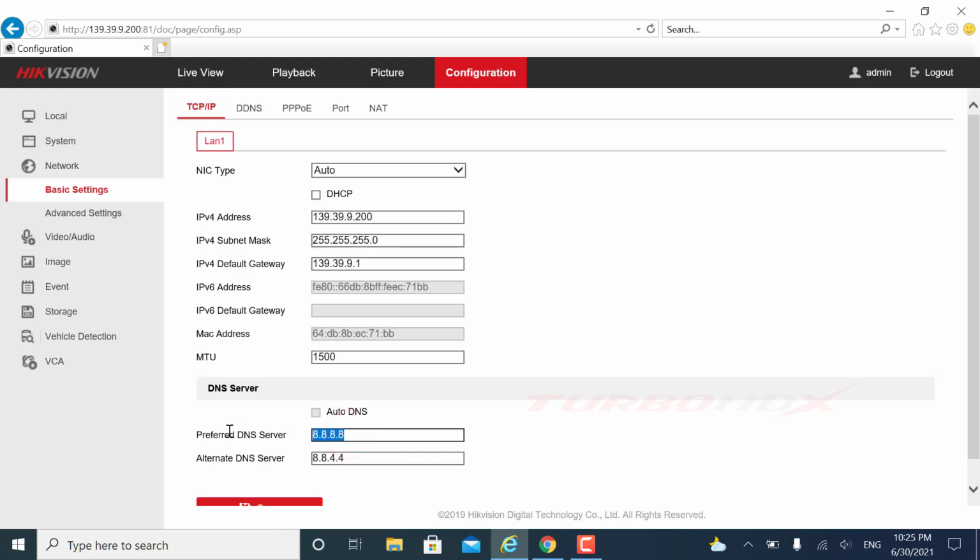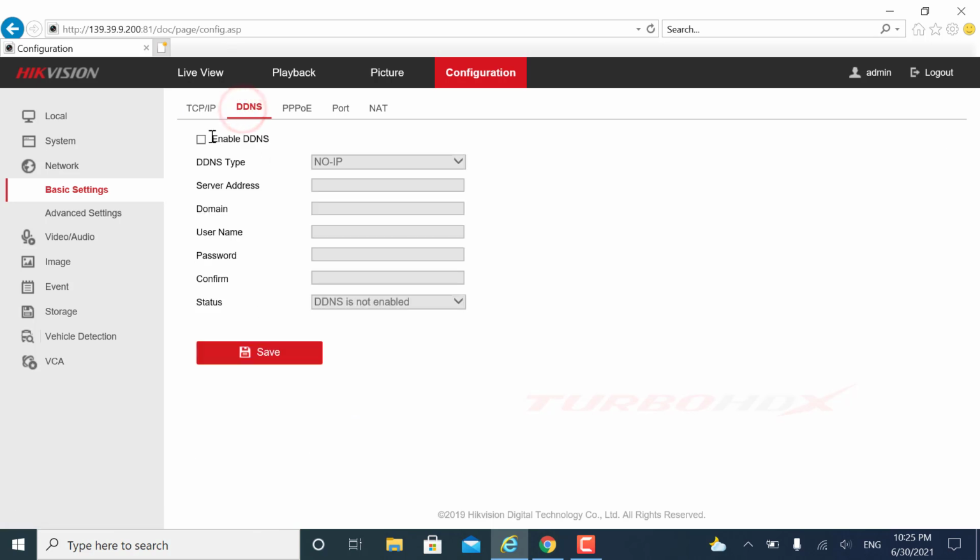Check DDNS server. Use Google's DNS. And now re-enter the domain information as before.